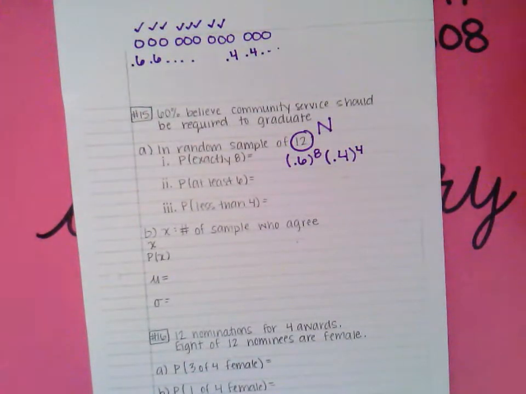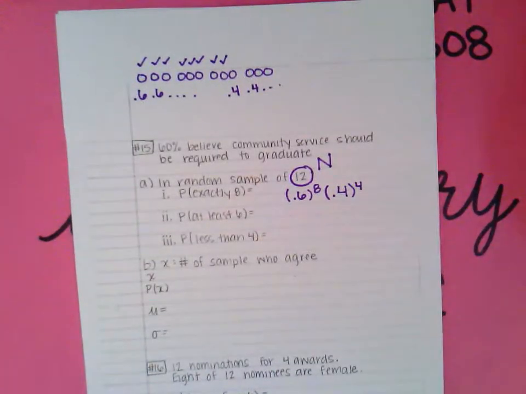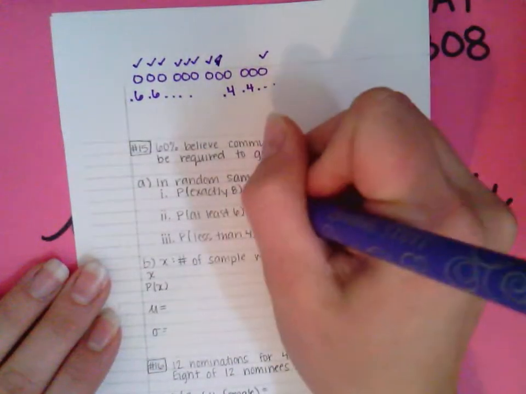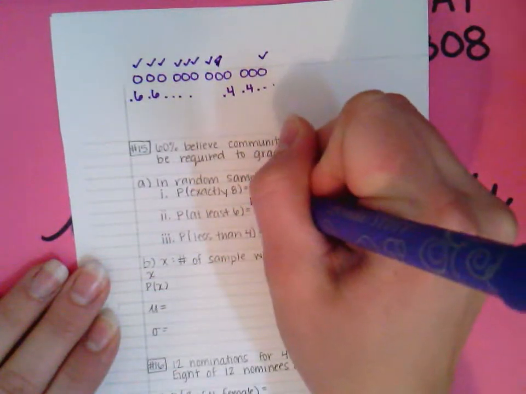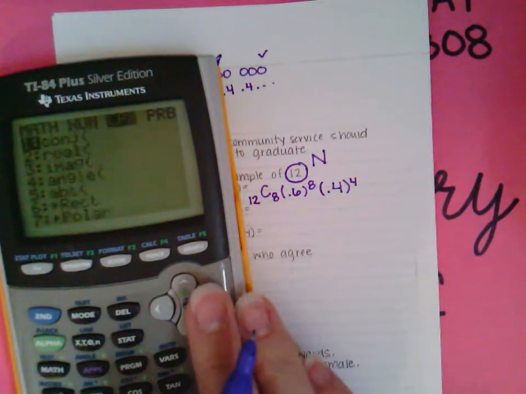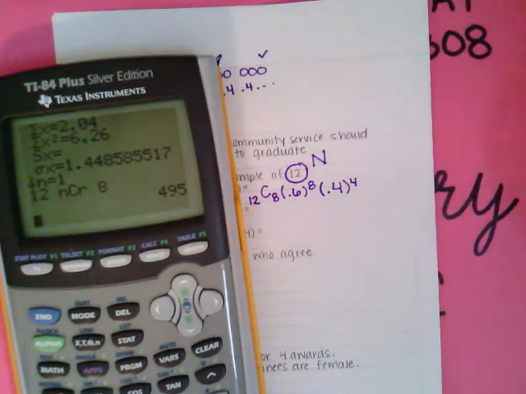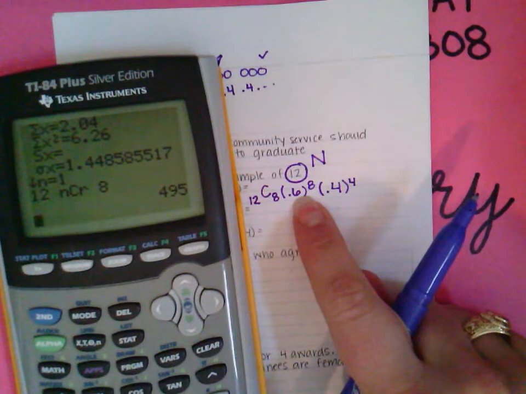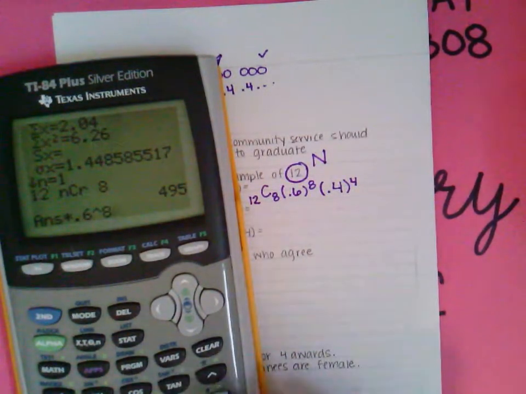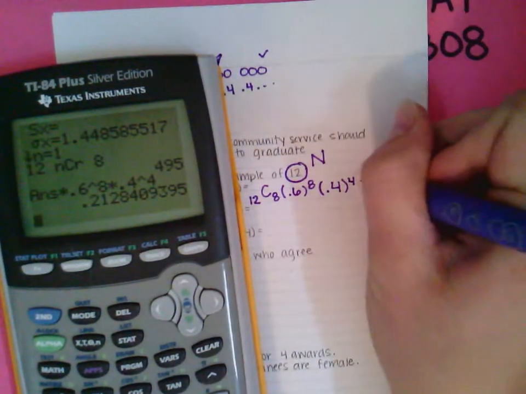Now that ordering assumes that the first 8 say yes and the next 4 say no, which isn't necessarily the only combination that could happen if 8 of 12 people say yes. It could be a different arrangement, so there are all these different combinations. You find the number of combinations with 12 choose 8, which gives 495 different combinations where 8 people say yes and 4 say no. So I'm going to take that 495, multiply it by 0.6 to the 8th, and then multiply that by 0.4 to the 4th,